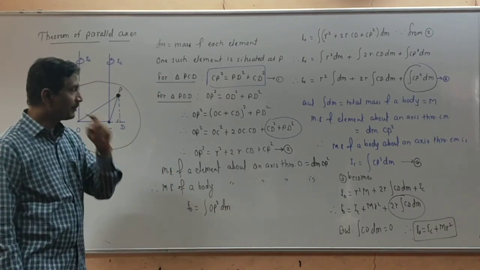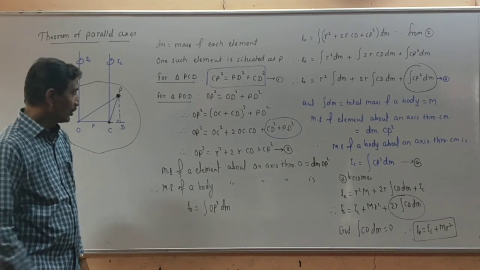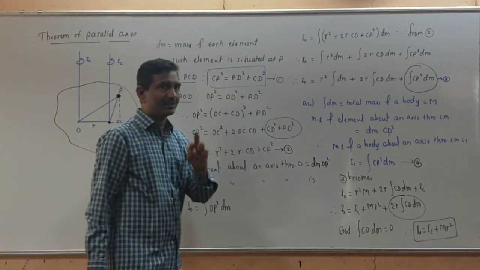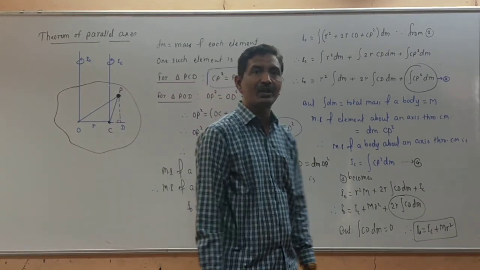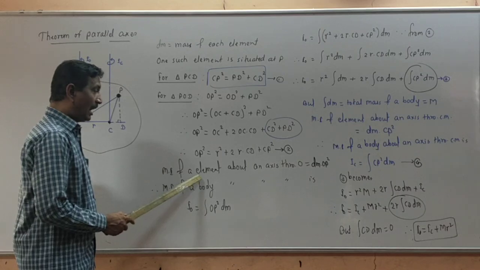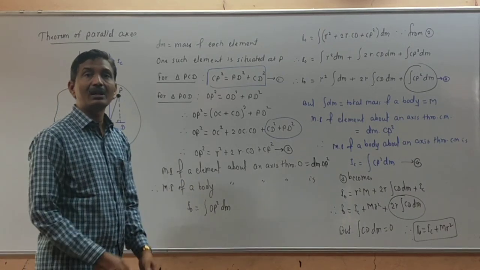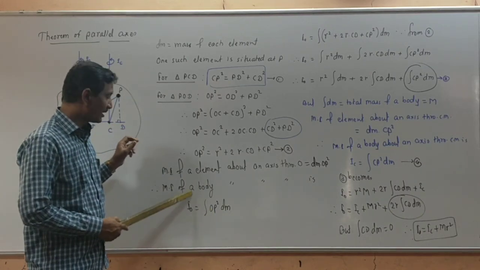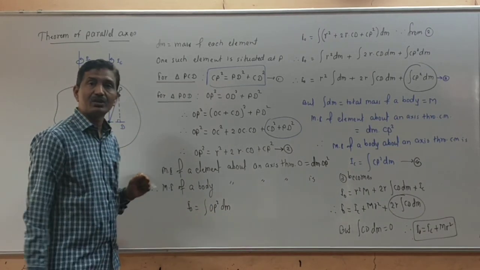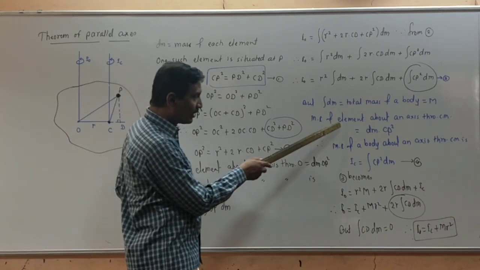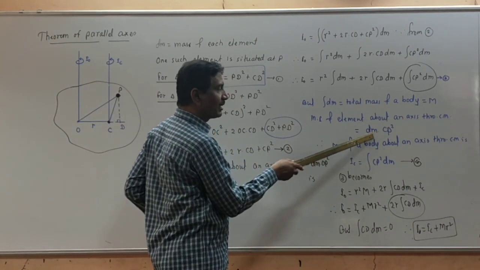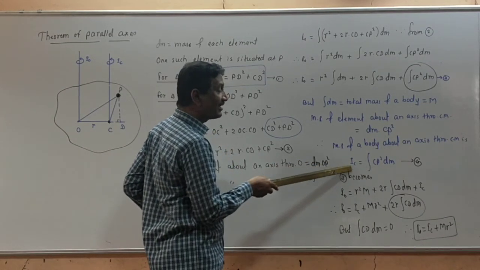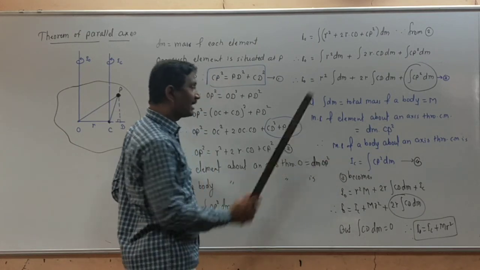Now we apply the moment of inertia of a particle. So moment of inertia of the element or particle about an axis passing through O is what? Product of the mass and square of the distance. Mass is dm, square of the distance is OP square. Addition of moment of inertia of all the elements gives us the moment of inertia of the whole body. For addition we use the method of integration. So that is why IO is integration of OP square into dm. Similarly, moment of inertia of the element about an axis passing through CM is product of the mass and square of the distance, means dm CP square, and its integration gives us IC. So thus we get IO and IC by definition.